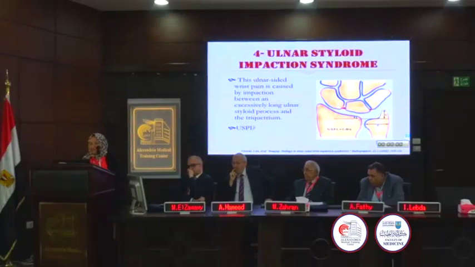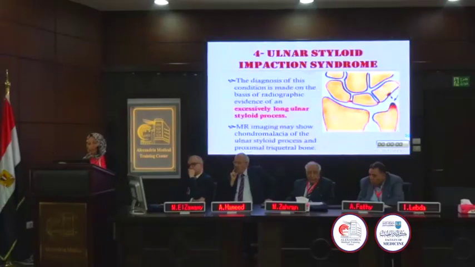is calculated by subtracting the degree of ulnar variance, which is the difference of length between the distal articular surface of the radius and the ulnar head, from the length of the ulnar styloid process, and the difference between them will be divided by the transverse diameter of the ulnar head. This is the ulnar styloid process index, and normally it should be 0.2. If it's increased more than this, it means that the ulnar styloid process is extremely longer than normal or taller